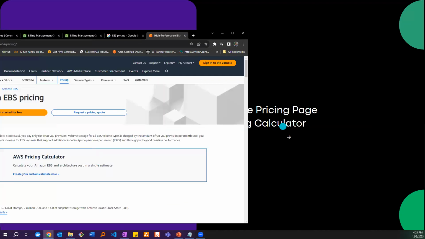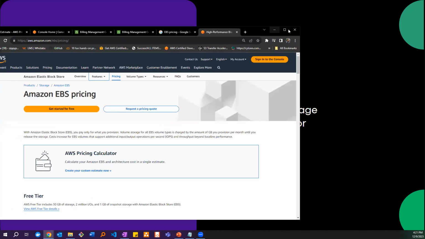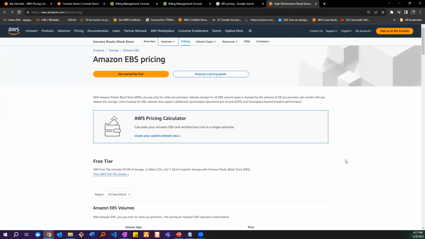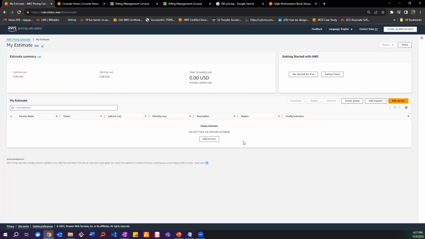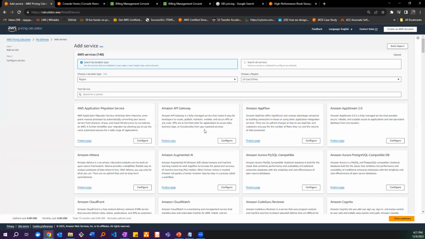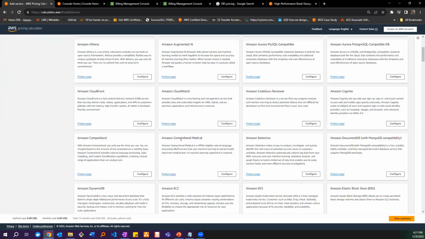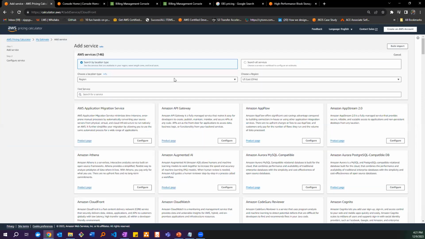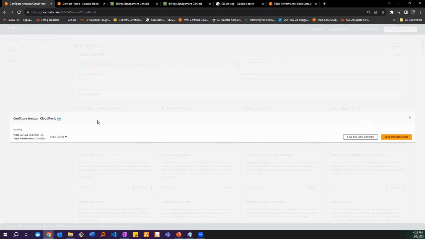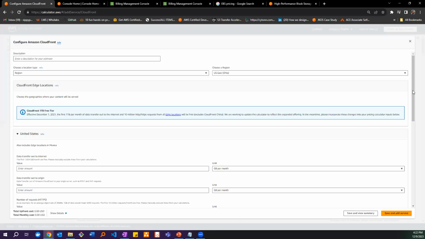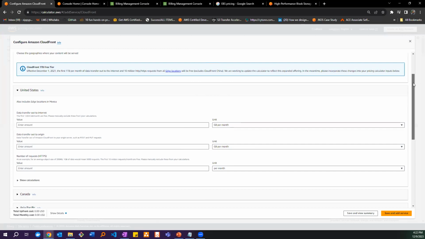And the other key resource for understanding how your services are charged is the pricing calculator. So the AWS pricing calculator is typically used to help you estimate your cost. All the services that are supported for a given region, you'll find them within this main console here. So for example, I want to understand if I'm using CloudFront, then what am I being charged for? What are those cost metrics that I need to watch out for?